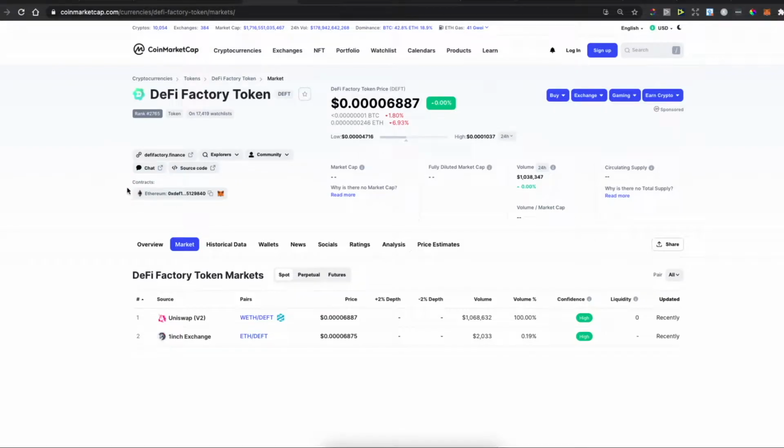Hey guys, in this video I will show you how you can buy Defi Factory Token, or DEFT, on Uniswap with a MetaMask wallet. It's really easy. And the first step, if you don't have MetaMask, you need to just write on Google MetaMask